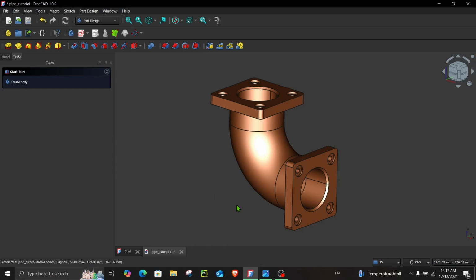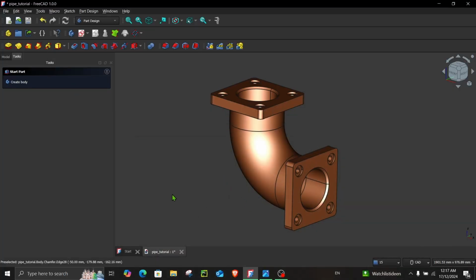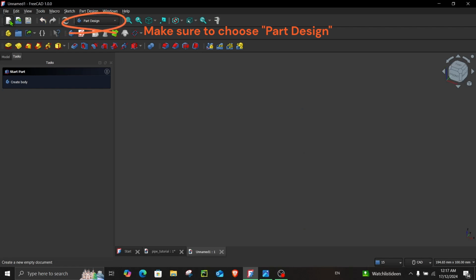Hello everyone, in this tutorial we will have a look at how to make this object in FreeCAD 1.0. I have this drawing over here which we will be looking at from time to time to help us make this object. So first of all we will choose this, create a new empty document,